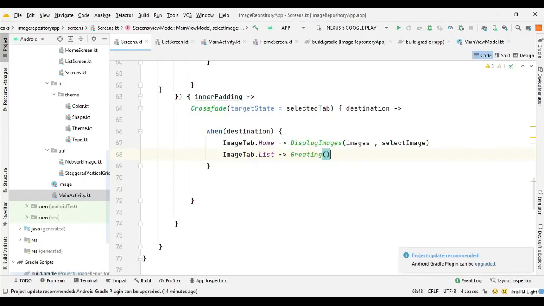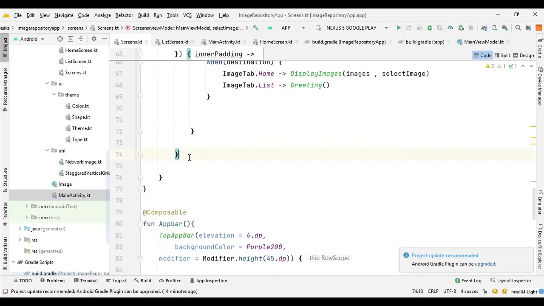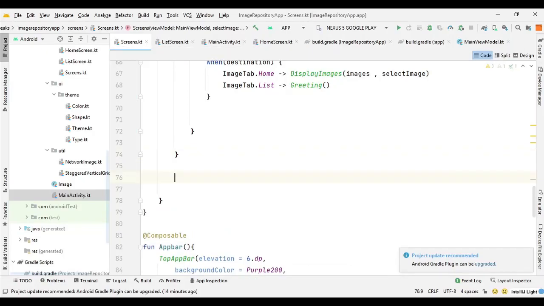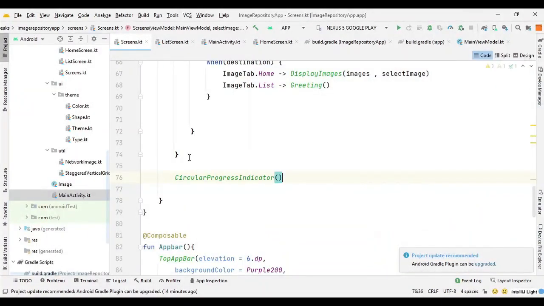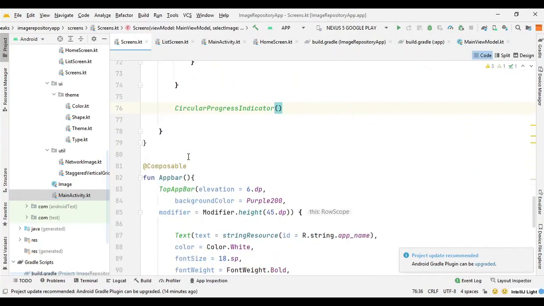So after inner padding, we can declare the CircularProgressIndicator. So where it ends here. So after inner padding, we can say CircularProgressIndicator, and here we can provide some parameters for it.